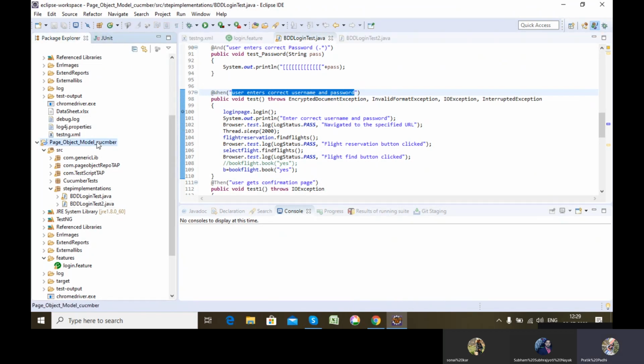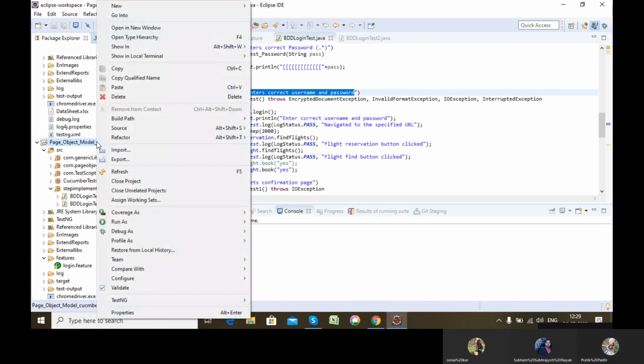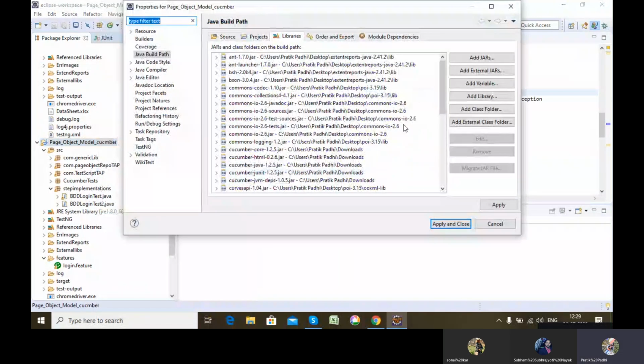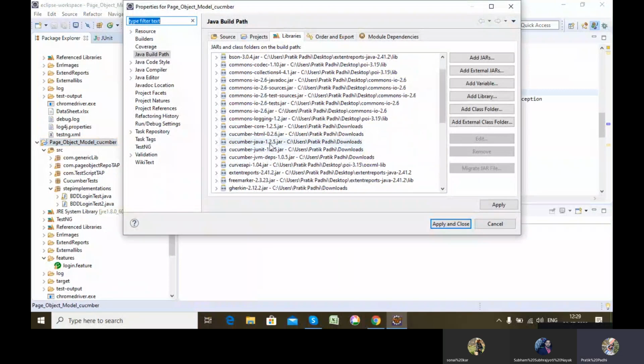You can see the jars which are required here. Go to build path, configure build path. See, these are the jars you need. One is Cucumber core, second is Cucumber Java, and another is Cucumber JVM.